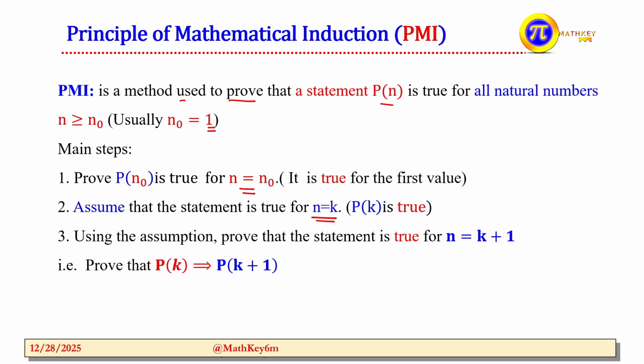And using this assumption, we'll try to prove that the statement is true for n equals k plus 1. In other words, prove that if P of k is true, then this shows that P of k plus 1 is true. If that's so, we call this a true statement, or we proved that it